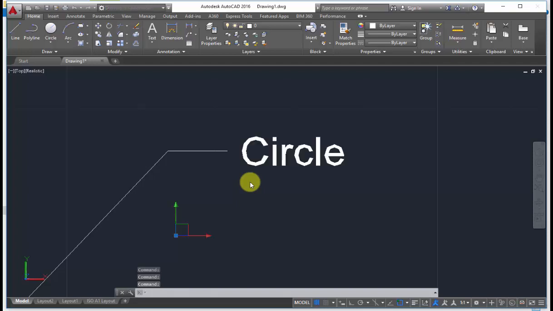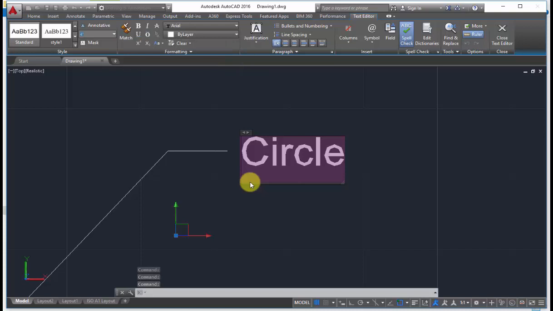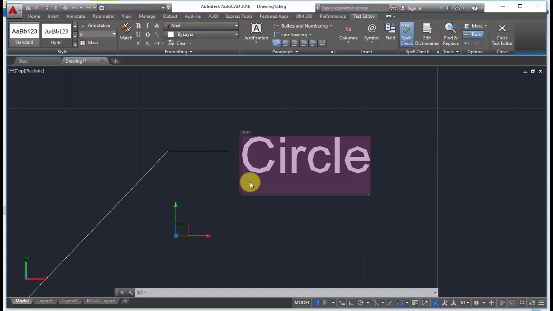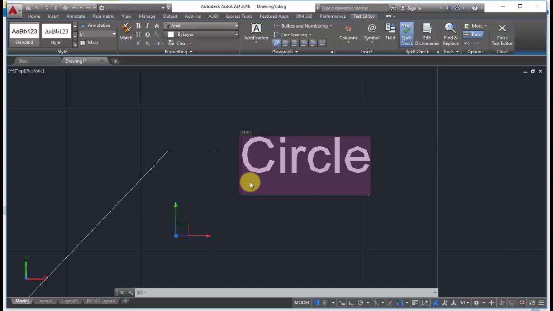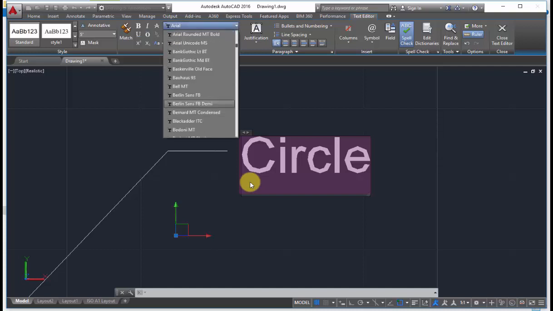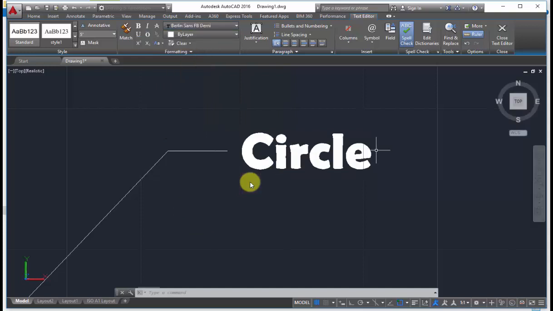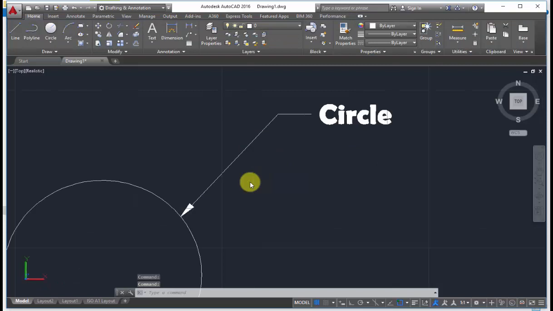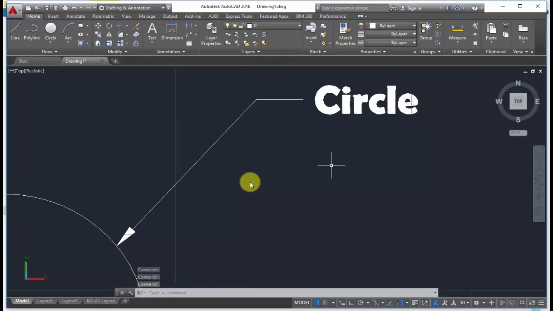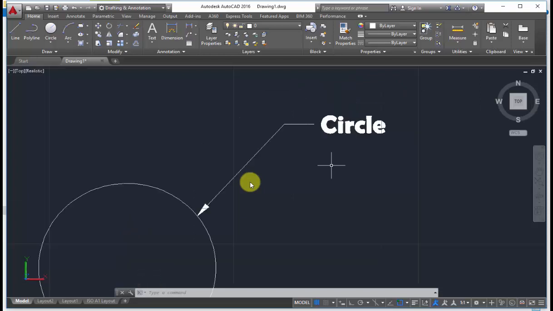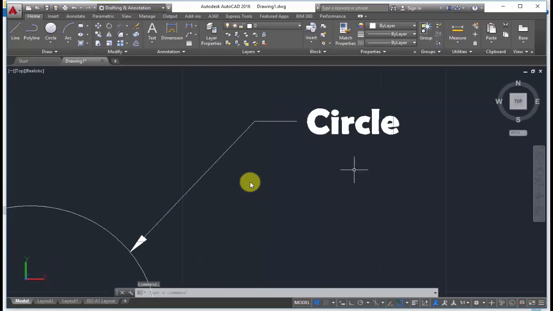I'll double click over here and select the text, and whatever changes you want to make, for example I'll give this as 5 inches to change the height, or if you want to change the font, it will be the same method as for text. But just imagine whenever you are taking a multi-leader, the text and all that should be set automatically by itself. No need to set it again and again.